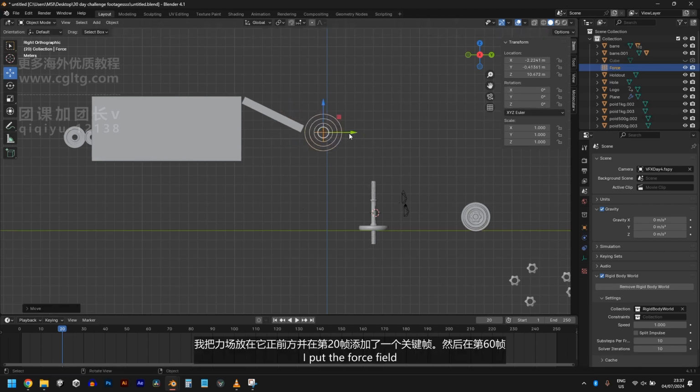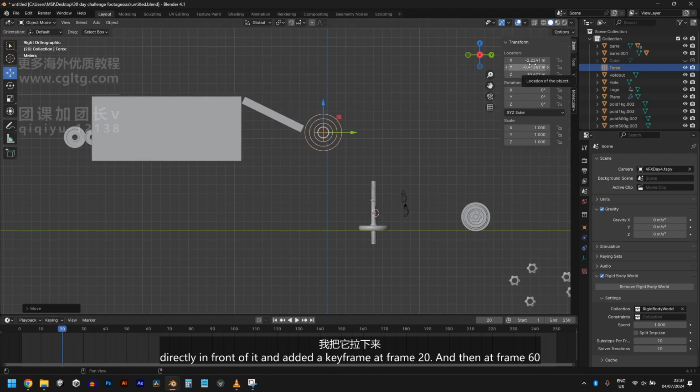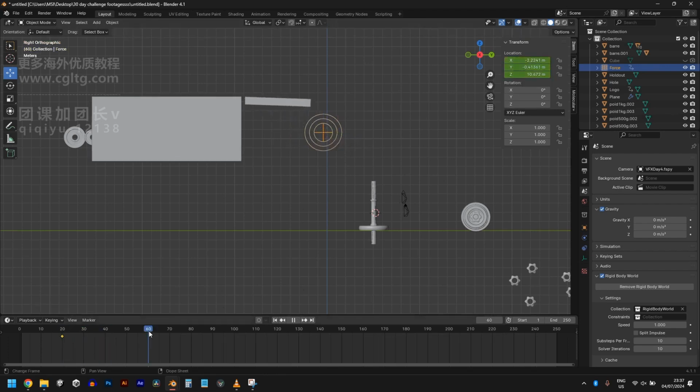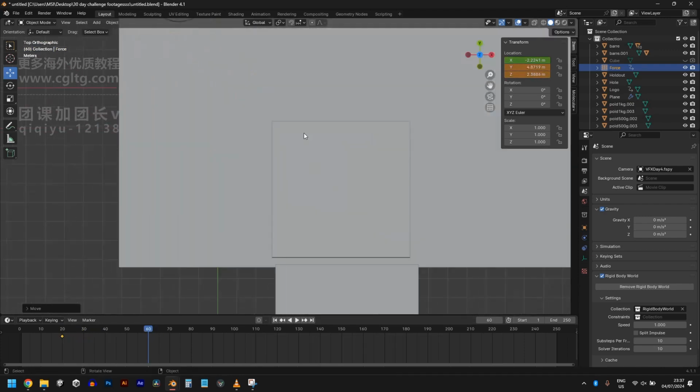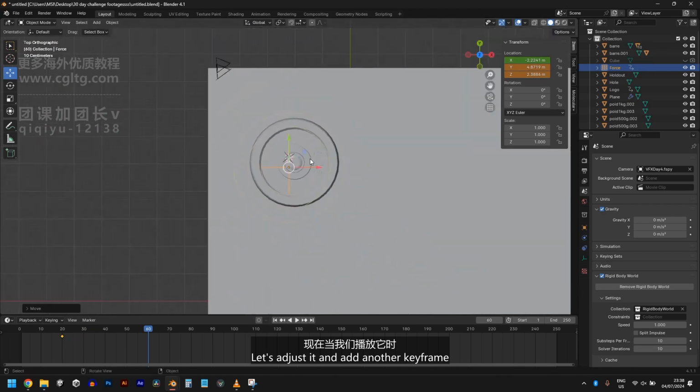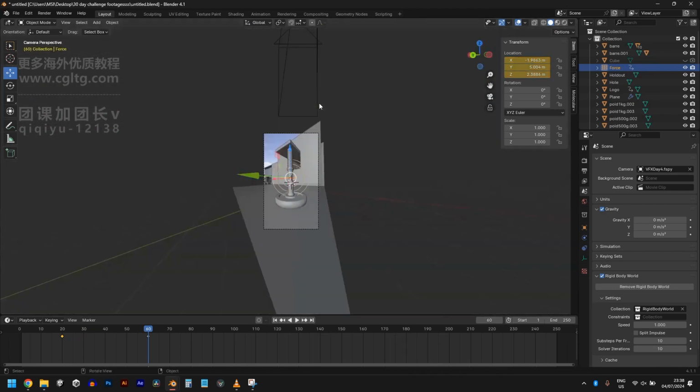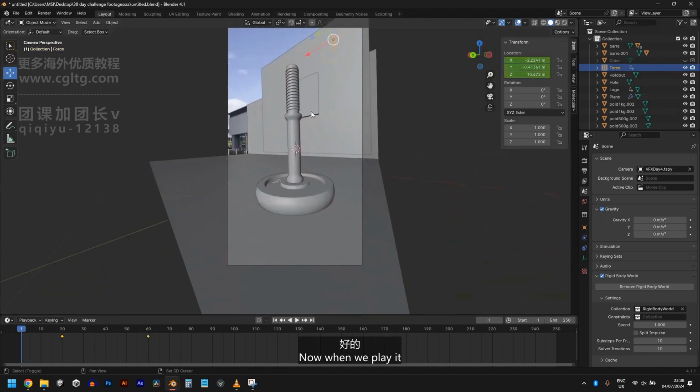Now what we want to do is this is what I did in the actual video. I put the force field directly in front of it, then added a keyframe at frame 20, and then at frame 60 I brought it down to where I actually want them to end up. Let's adjust it and add another keyframe. And when we play it,